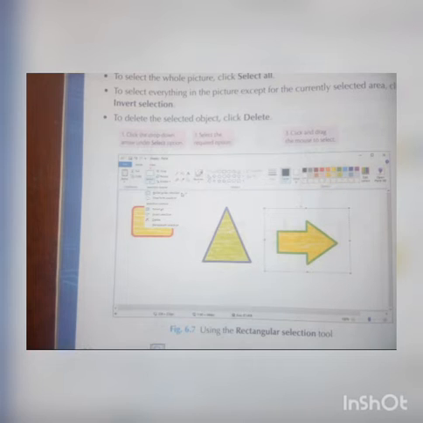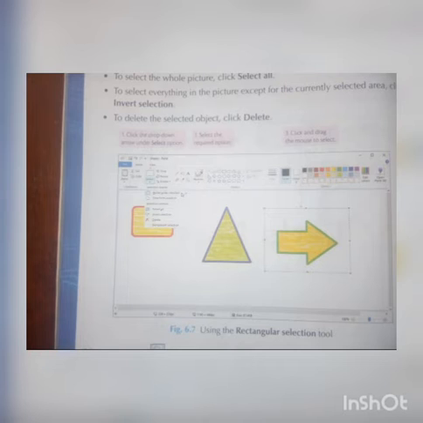the select tool. Under the select tool, what things are there, ma? Under the select tool, how many did we already study? Rectangular selection and freeform selection. These two are important under the selection tool. So why are you selecting this? So that only the selected part gets changed. If you select anything, only the selected part will change color, and only the selected part will be deleted.